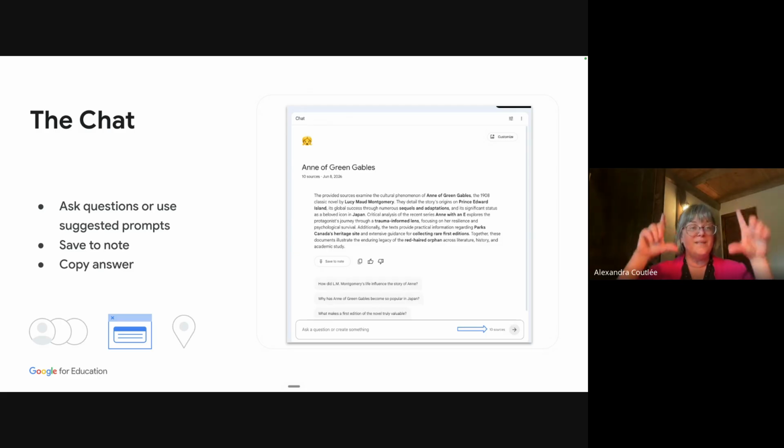Now, the next part in the middle, if you remember, I've added my sources. I made sure that my sources are of good quality. Remember that we might need to teach our students what's a good source before they put it in there and generate and ask questions. But the next part in the middle is the chat. Now, the chat works pretty much like Gemini, where there's a section where you ask a question, except that this time, all the answers are going to come from your sources. They're not searching the web. They're not going to talk about, I don't know, the math program in Switzerland. They're going to talk about your information, whatever you put in there.